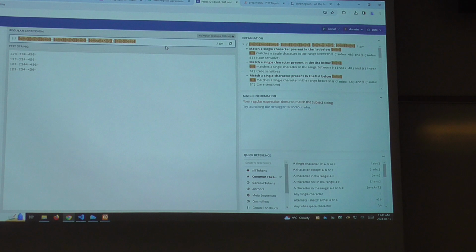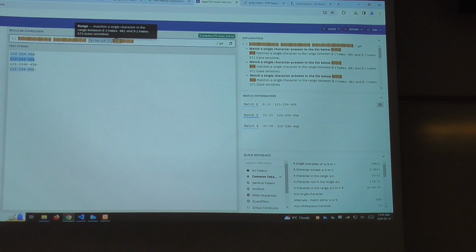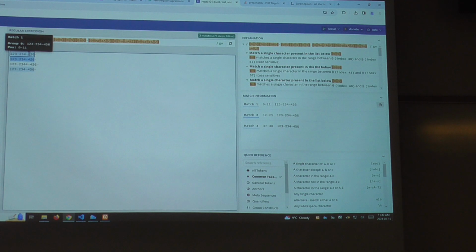Somehow I messed this up. Got an extra brace. There we go. So if this is an A, right, it works. If it's a capital A, it works. If it's a number, it works. But if you use this 2 more times, right,